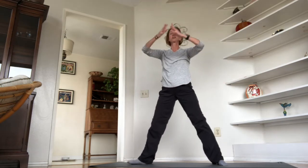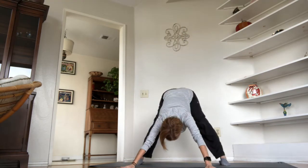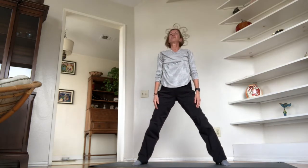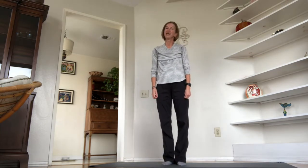Last set, I promise. Starting to break a sweat now. 1, 2, 3, 4, 5, 6, 7, 8. Parallel reaching and stretching and breathing and rolling up. Great job, guys. I broke a sweat. Hopefully you did too. Walk it in, grab whatever you're using for a flex band, and we're going to keep